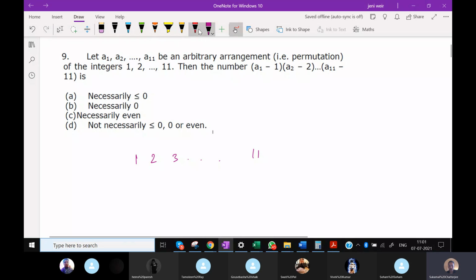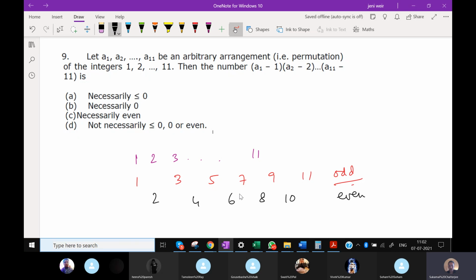And in these 11 numbers, we have 1, 3, 5, 7, 9, and 11, which are odd. And we have 2, 4, 6, 8, and 10, which are even. So that means we have 5 even numbers and